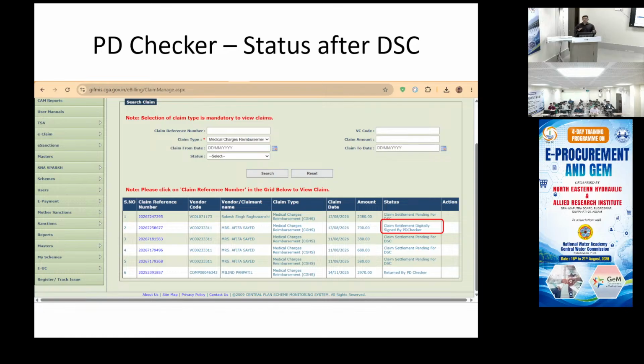Now if it is a physical bill that is submitted to the accounts office, and the accounts office is generating the claim, then there is no settlement process in the third party vendor. Only if it comes through the claimant, there is a settlement process. In the third party claim, the accounts officer will physically, on paper, restrict the amount, and while generating the claim, he will generate the claim for only that restricted amount.